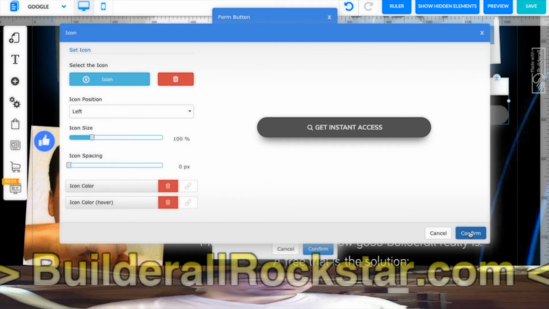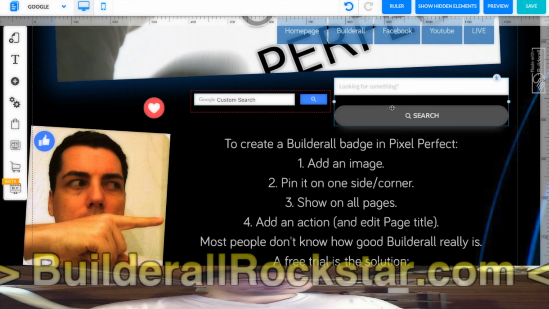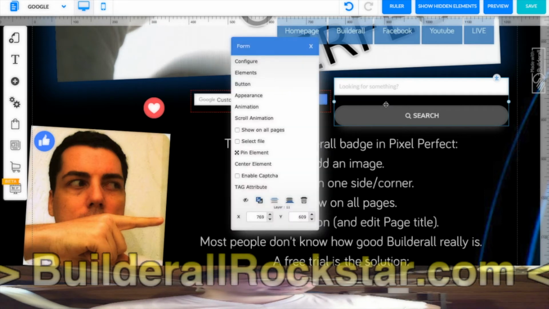Okay, I'm not going to really optimize it. One thing you maybe want to know is, imagine you want the button to be on the right, like the normal search. Then you have to go into appearance. So right click, appearance, and